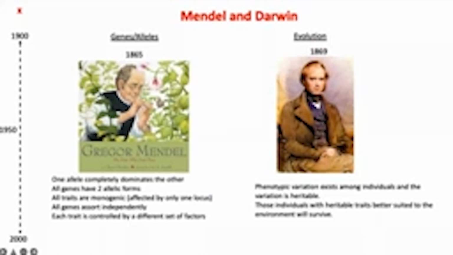And this is something which I spent time on. And again, many of you are aware of this from your school days, that there is the principle of dominance, there is segregation, and there is independent assortment. All traits are monogenic, that they are affected only by one locus, and each trait is controlled by a different set of factors. And I have basically spun all of this in the light of what we know in modern